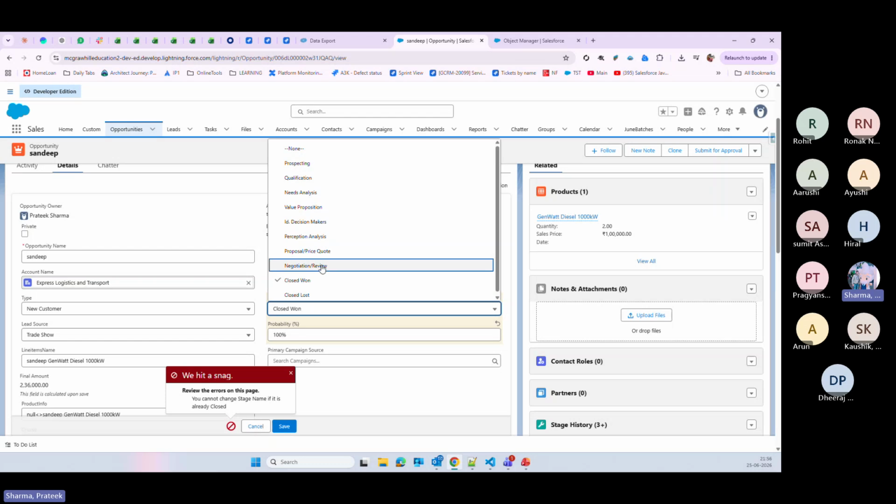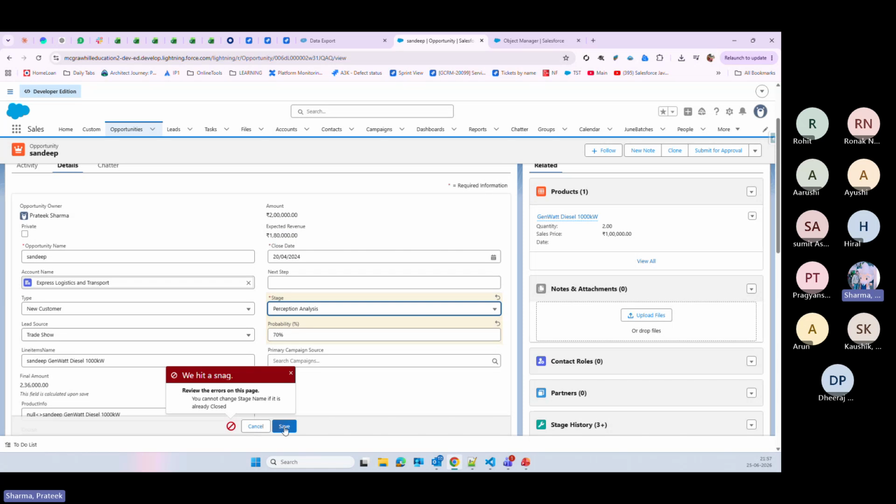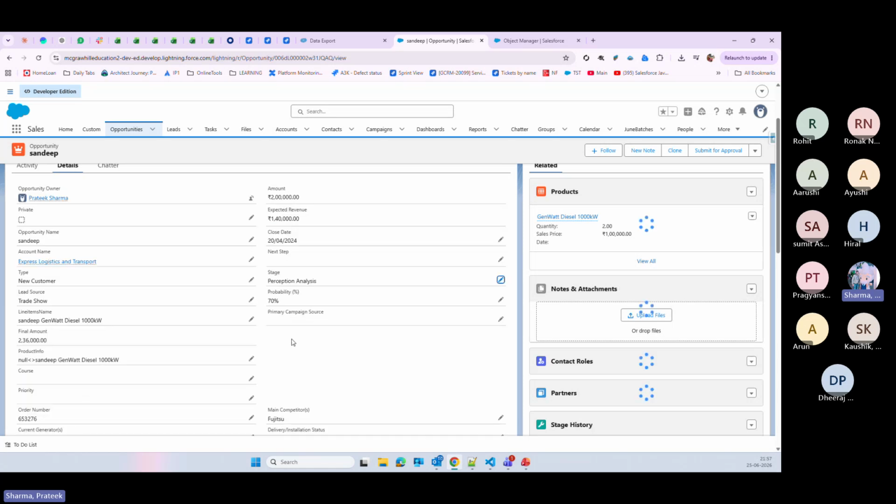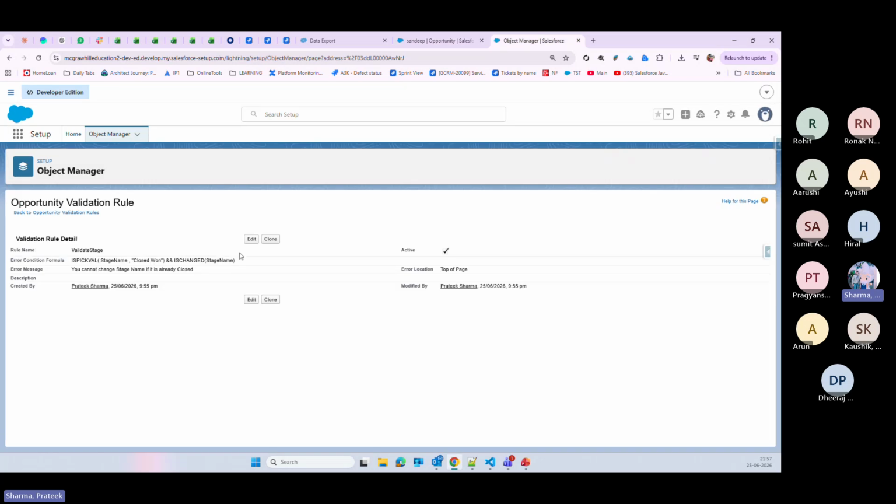It is not allowing me to change it to closed one, right? Currently it was negotiation. If I'm changing it to something else, it is allowing me to do that. But if I'm changing it to